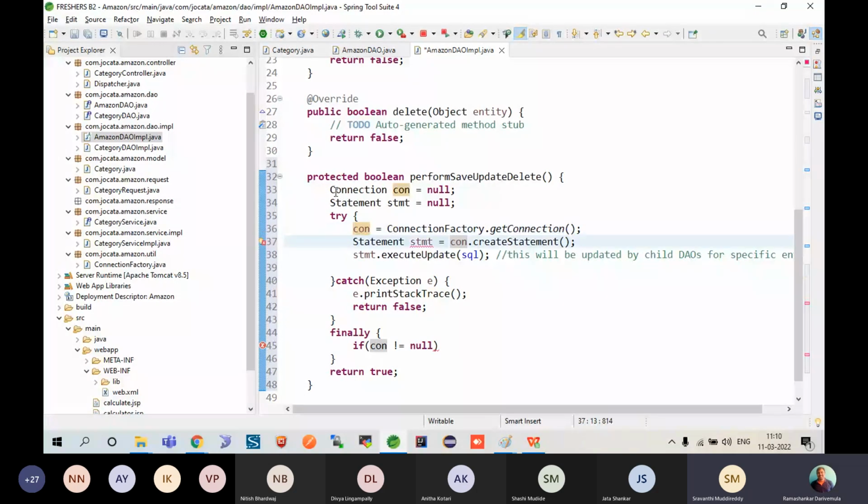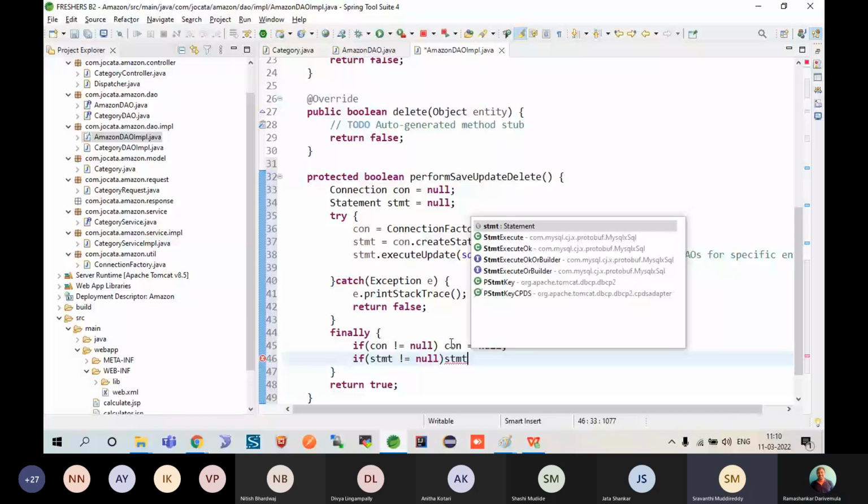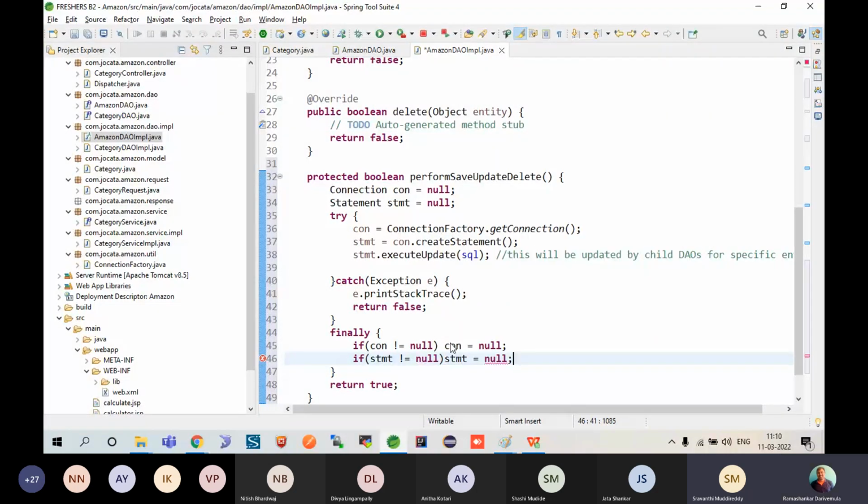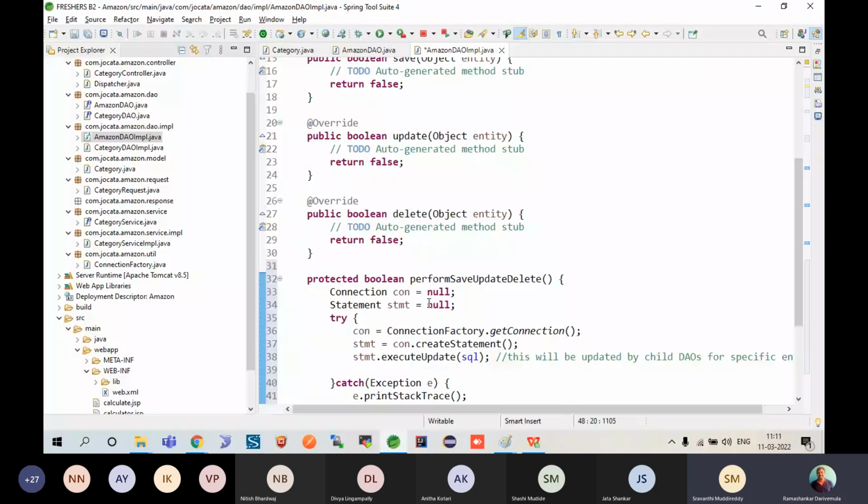Now, if they are not null, that means they have been initiated, then con is equal to null. You are nullifying them. Similarly, if this statement object is not equal to null, somebody has created it, you will say statement is equal to null. What you have done is you have opened a connection, worked with the statement. Once your work is over, you are closing the connections, and then things go fine. You are returning true, and if any error message prints or something goes wrong, you are returning false. In all of them, you simply have to say return,